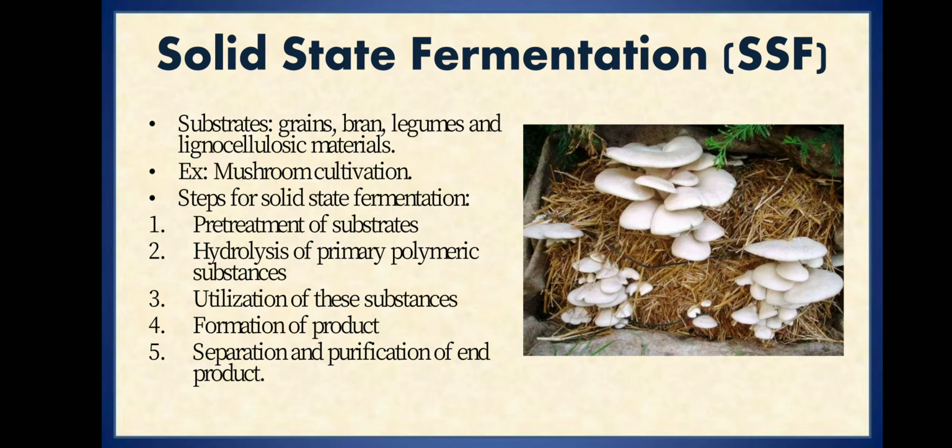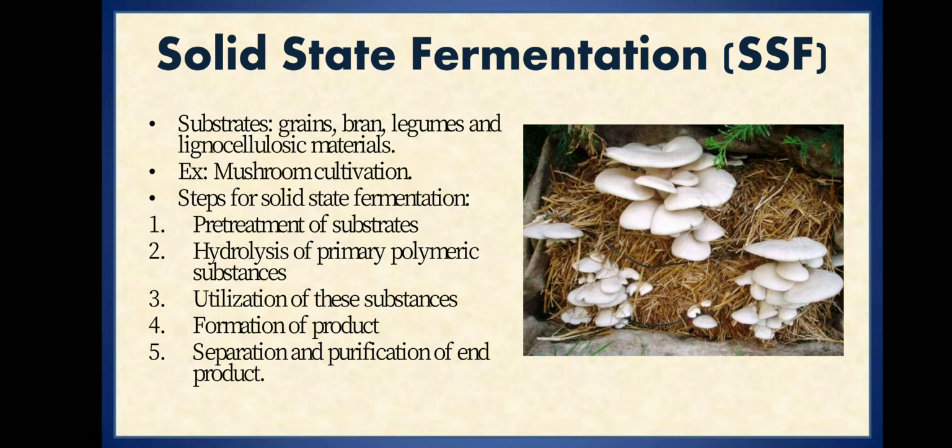In mechanical pre-treatment, we include autoclaving of the lignocellulosic waste, or we pass a high steam where the lignin components can be loosened. Or if we go for a chemical pre-treatment, there we use mild acids or mild bases to break down the lignin so that the cellulose can be utilized by the organism. So first the pre-treatment of the substrate will happen either mechanically, chemically or biologically.